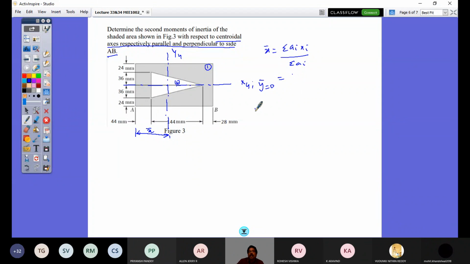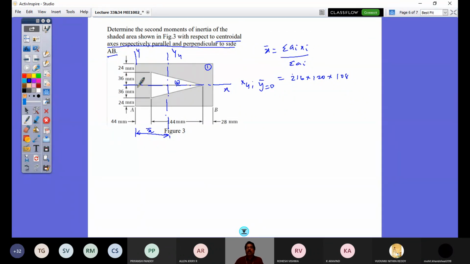So this is the area into what is x1. So x1 is the midspan of this rectangle. That is 216 by 2. That is 108. So this is the first moment of this rectangle about this axis. With respect to, this is my point A, this is my y-axis, this is my x-axis, centroidal axis. So what is the moment of this rectangle about the y-axis? Minus